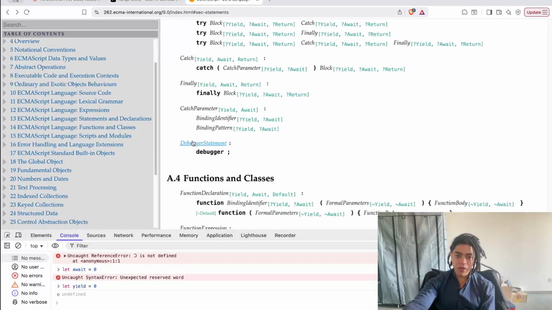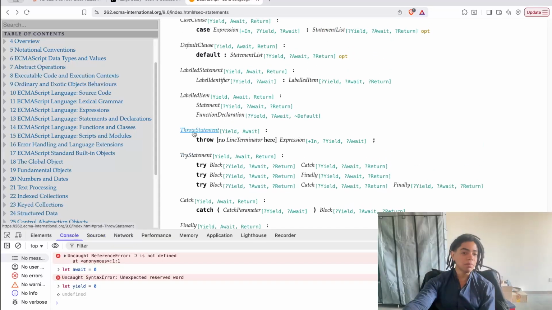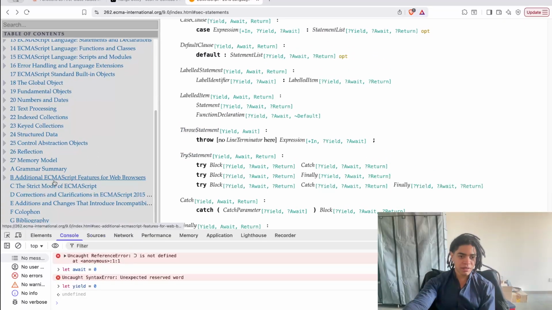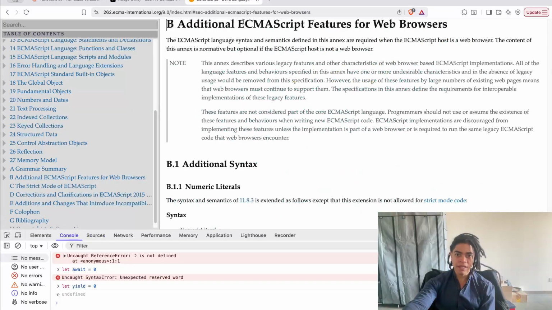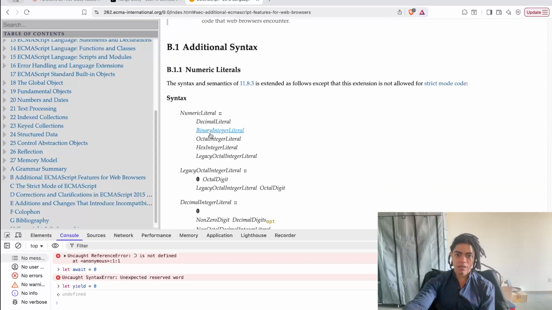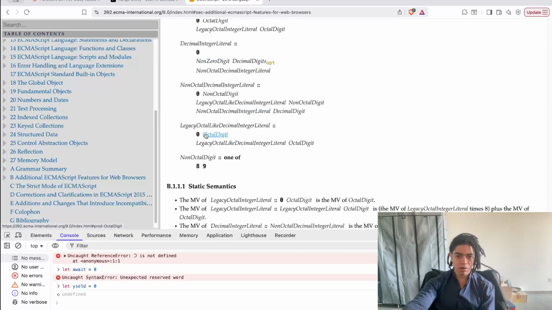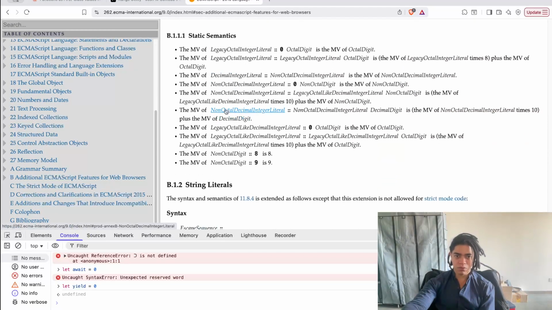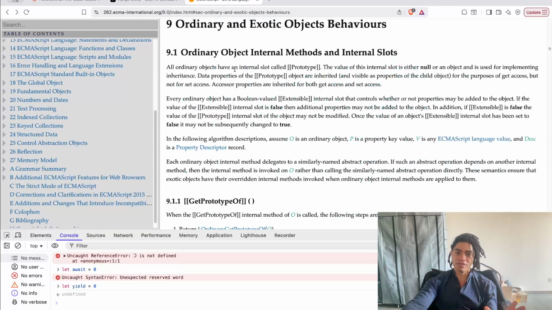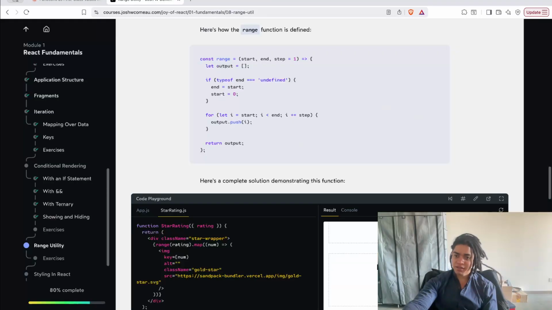And some JavaScript engines can decide to not implement some of them, and we can find this here in the additional ECMAScript features for web browsers, right? Where they're describing that for legacy reasons, there are some JavaScript engines that might not implement all of this, and they have now a specific way of doing stuff, and so on and so forth. Good. So all of this was just to describe what a statement is and what an expression is,